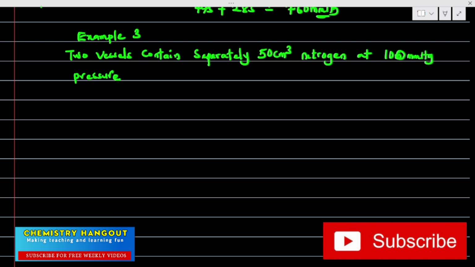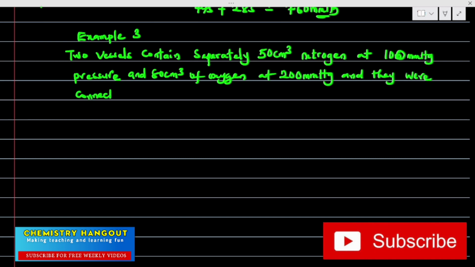So let's see example 3. Two vessels contain separately 50 centimeter cube of nitrogen at 100 millimeter mercury pressure and 80 centimeter cube of oxygen at 200 millimeter mercury, and they were connected by taps to a third vessel,